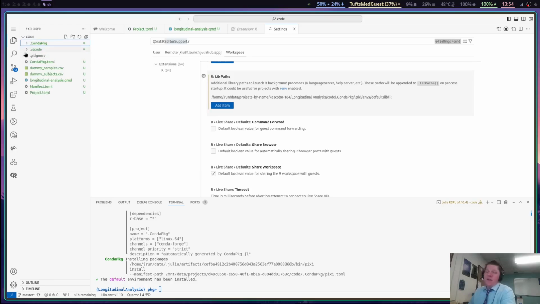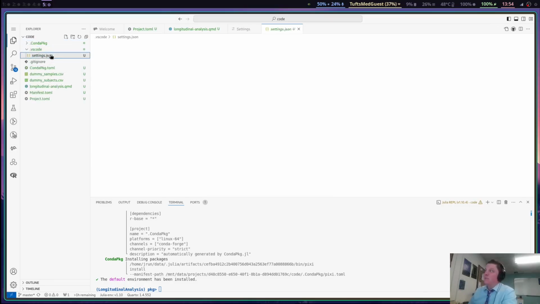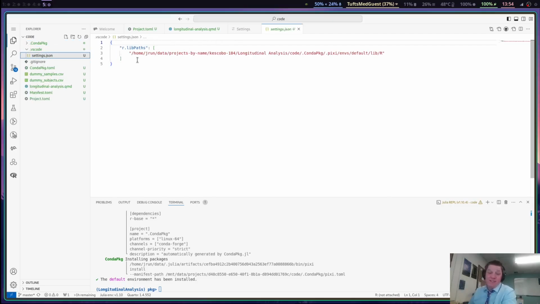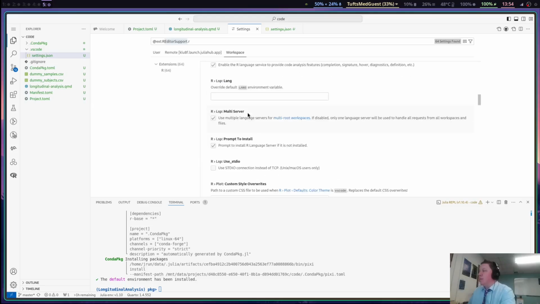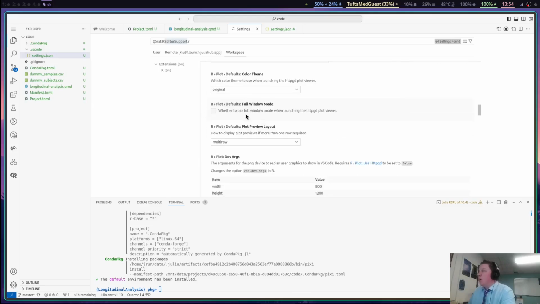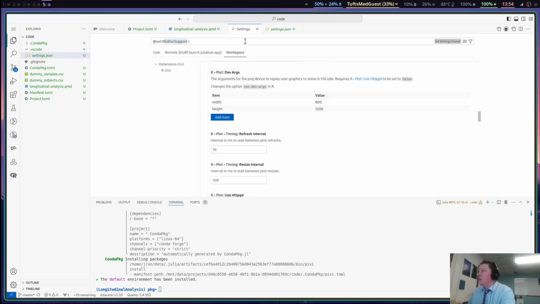This creates another little hidden folder here, .vscode, that has some settings specifically for this project. This way, every time I load this project, it'll contain these specific workspace settings. Then I'm going to come down, and there's two more places we need to fill in, one of which, let's see,